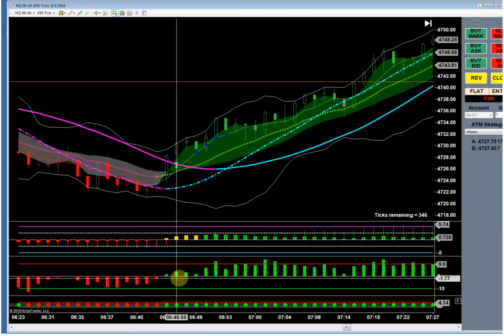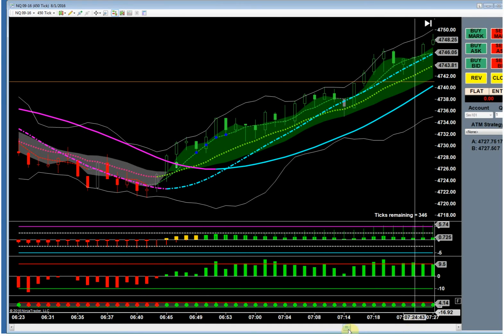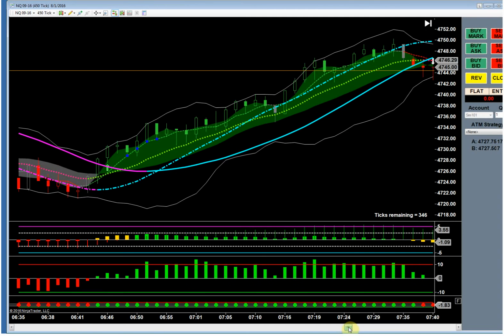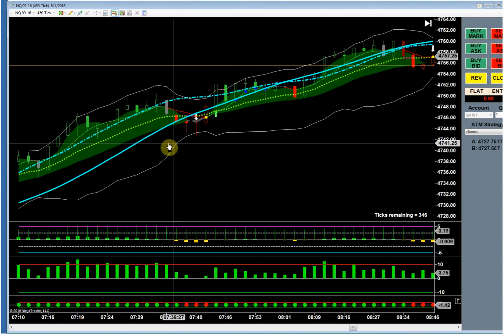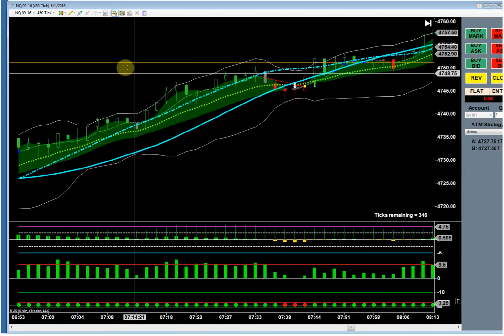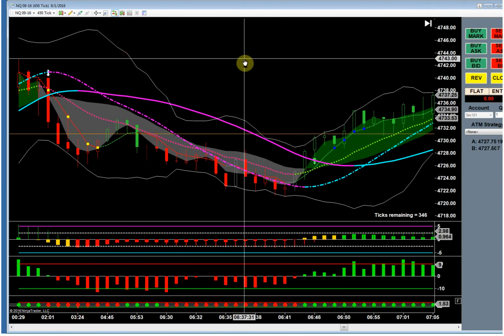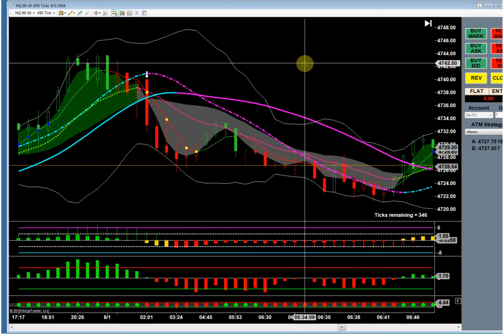So let me scroll back. I just happened to see that big move and I wanted to show that to you, and I didn't rehearse this or anything. It just happened to have the 3 exact methods in there. And that made it easy for me to teach this to you. And those are going to happen on a big move like that.